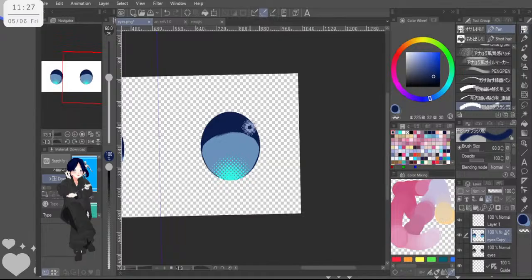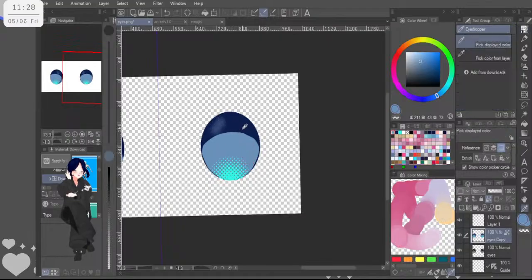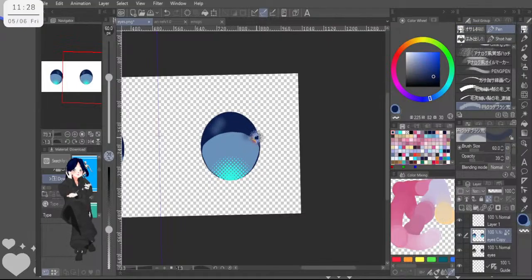Okay, I don't know about that. But maybe this one. Less opacity. Something like this, and then here, over here.